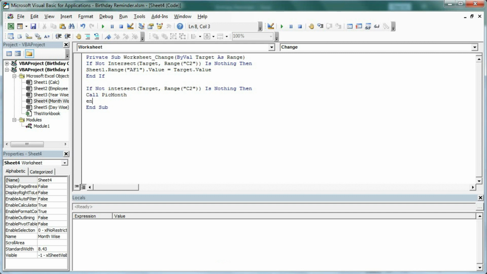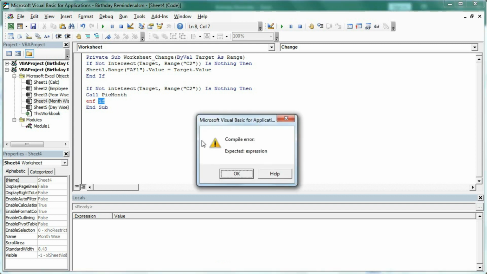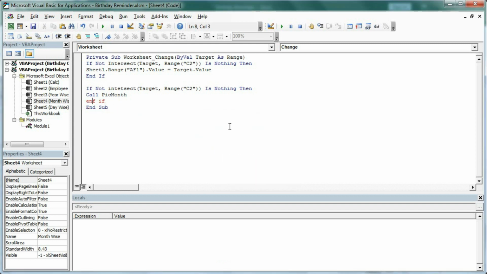Then end if, end if. Control S to save this file.